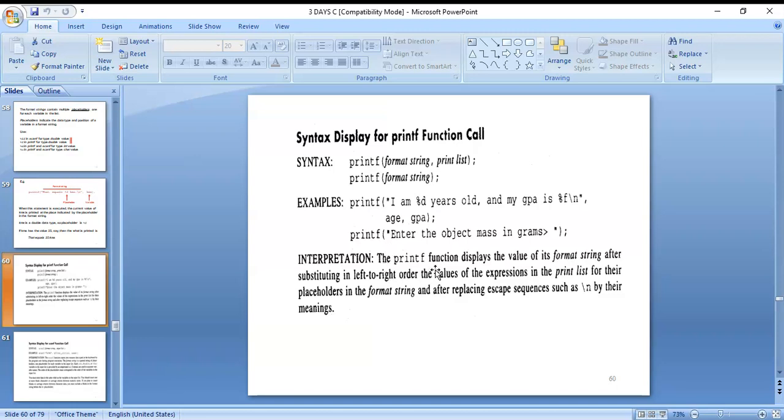The printf function displays the value of its format string after substituting, in left to right order, the values of the expressions in the print list for their placeholders in the format string, and after replacing escape sequences such as backslash n by their meaning.